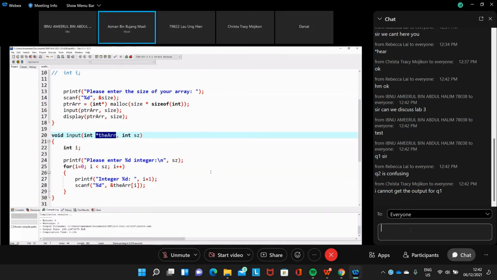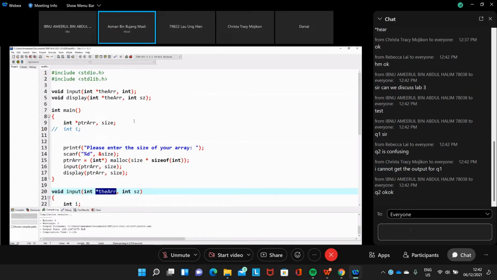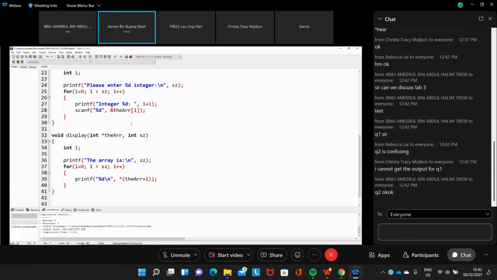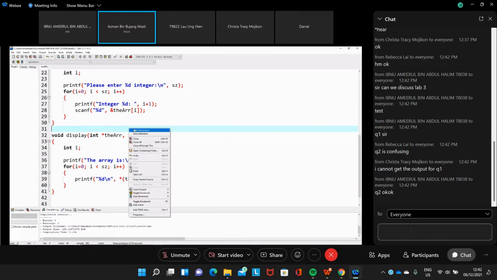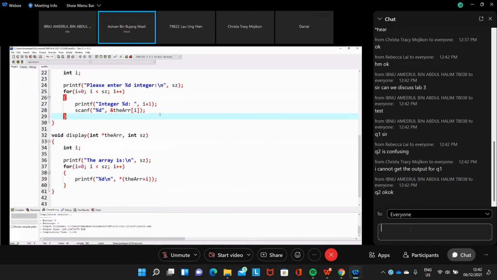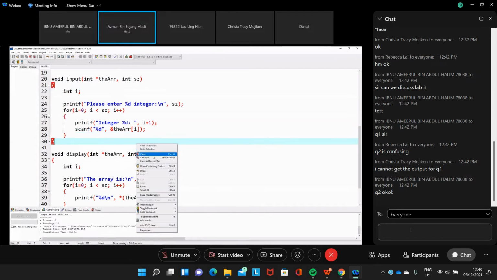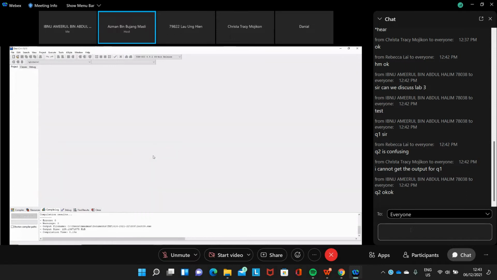Okay, this one is done. I will upload this in Ellipse so that you can have the code and try to compile the code and see what happens. When you run the program, try to input different integers for the size of the array. You will see that your array becomes very dynamic, and that is very good, because you don't need to specify the size.